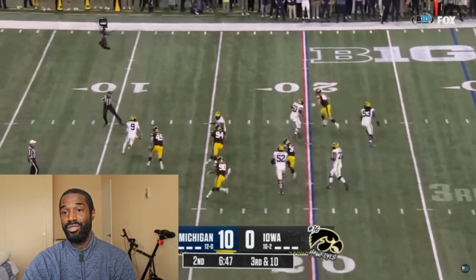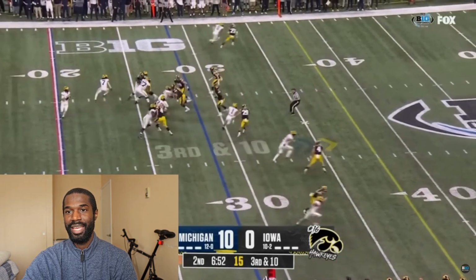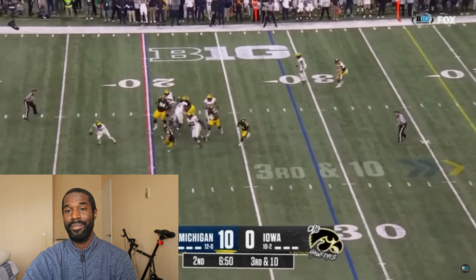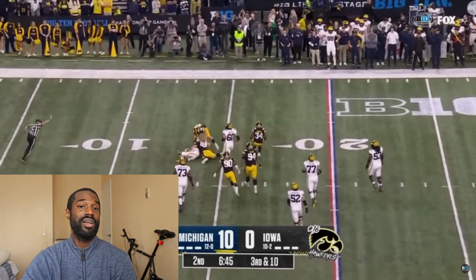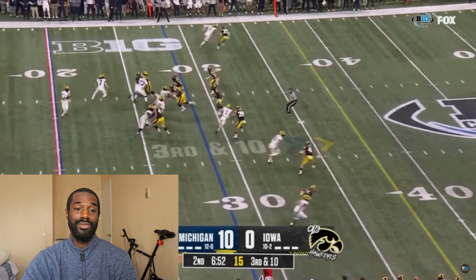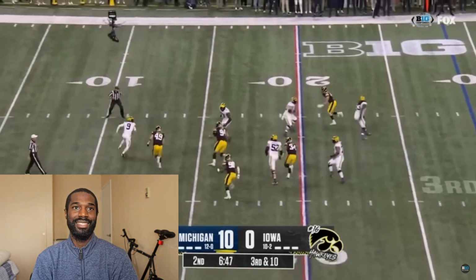They both basically do streaks up the field. They do go routes. The tight end and the receiver inside run some routes upfield in the middle of the field, and the running back leaks out. But the two outside guys have single coverage by themselves. They are basically one-on-one. There's one safety at the top of the screen, meaning this is a single high